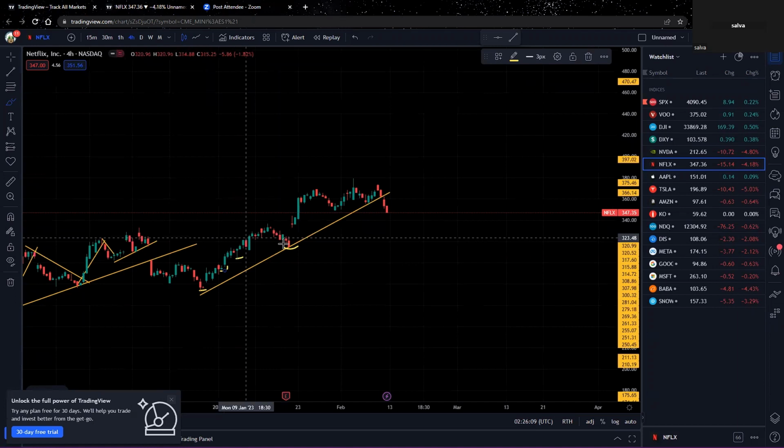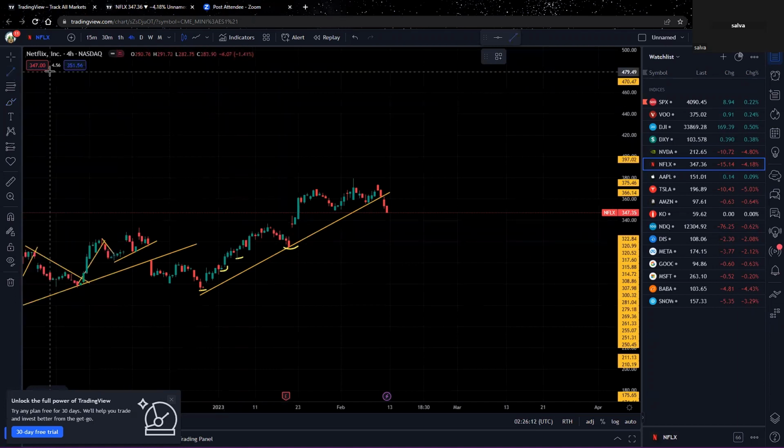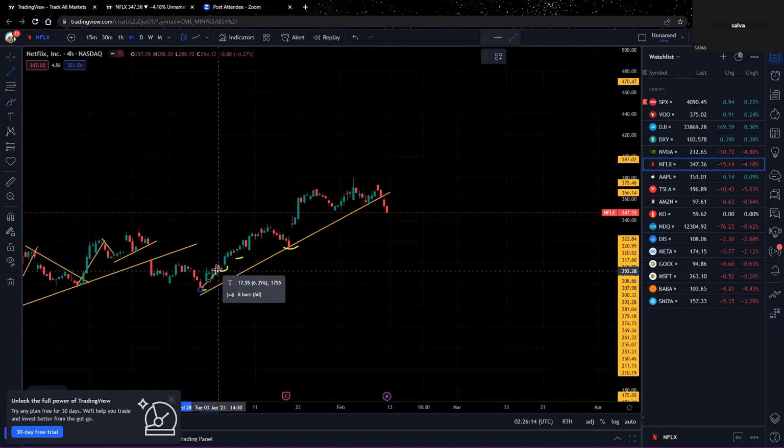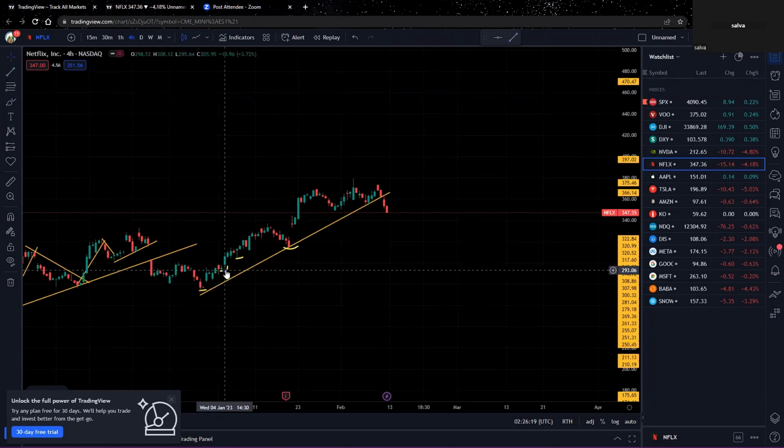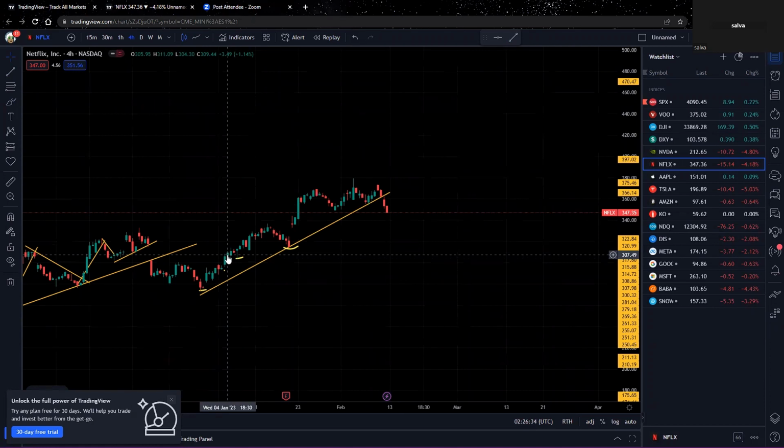So for an example, if you see how this was just 6 days, I'm not saying this is not a higher low, but since we're in a bigger time frame, we want to look for the key higher lows, not the smaller ones. The more obvious ones, the more important ones,